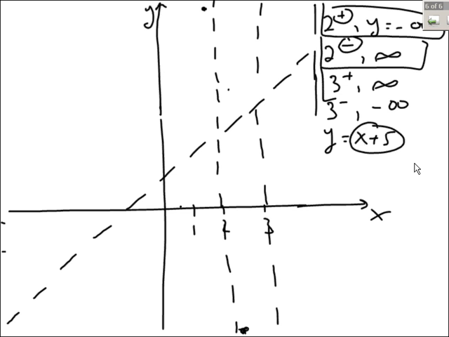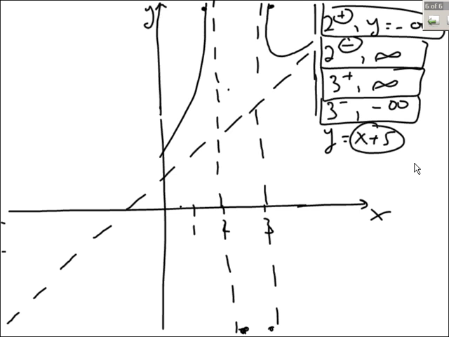Now on to 3. If you're a little bit more than 3, you're at positive infinity. A little less than 3, you're at negative infinity. So for the end parts, the right end is going to go something like that. The left end point is going to go something like this. The middle one, between 2 and 3,